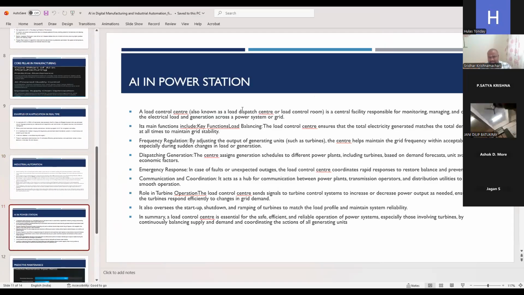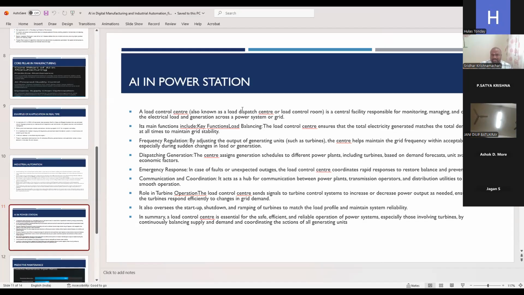And AI in power stations, a real-time example we see on a daily basis in our homes also. Like a huge generator system, we have power distribution across our entire city, industry and homes, right? What will happen if suddenly one zone is switched off? Let us assume there are 3 districts. If one district is switched off, what will happen? All the loads to the generating station will have a kickback load, right? It will trip the entire system.